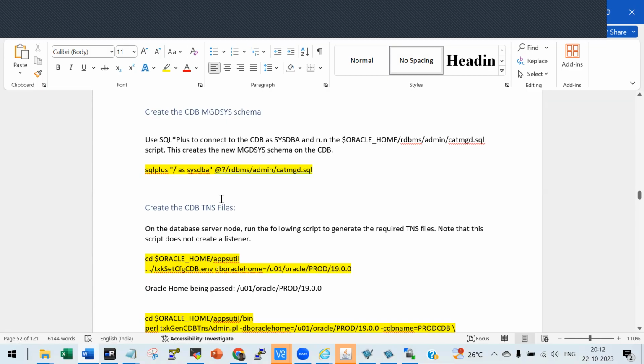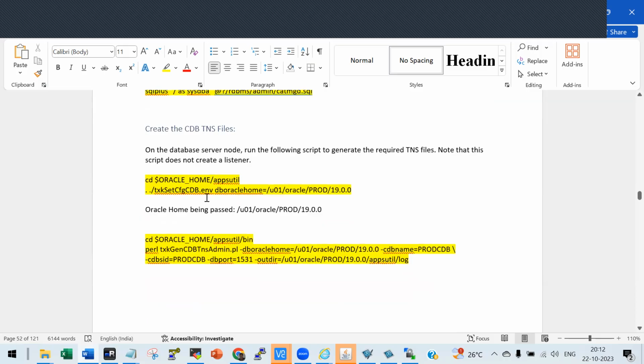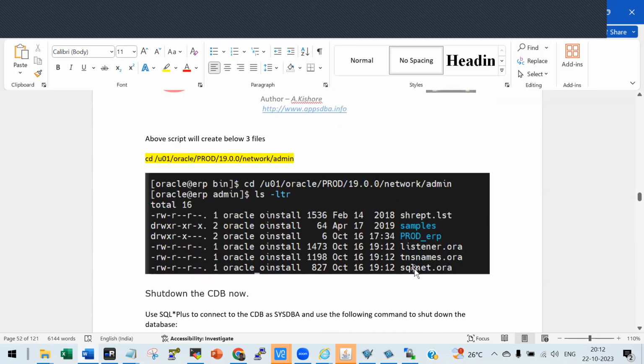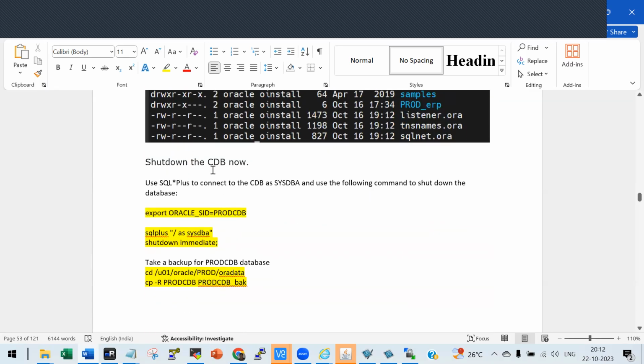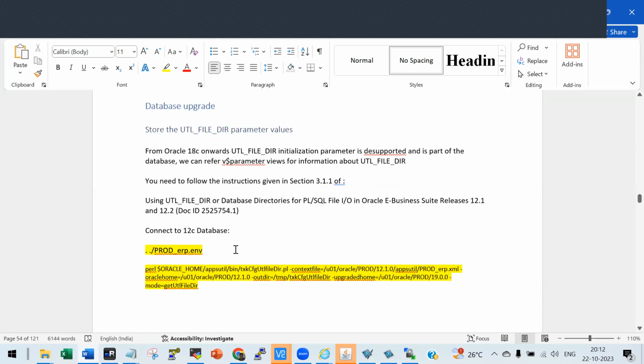Then you need to create the TNS names. These steps will create the TNS names. Now you shut down the CDB. Then you upgrade. You have to upgrade from 12C to 19C. But before that,